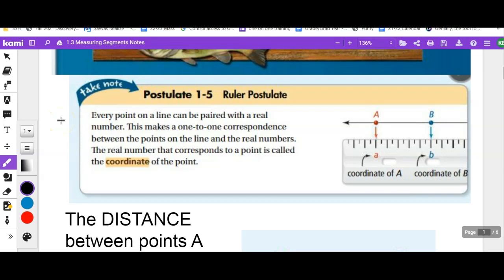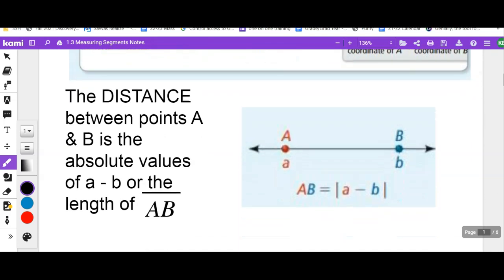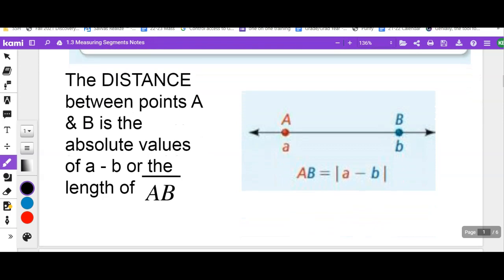So Postulate 1.5 says that every point on a line can be paired with a real number. So you'll notice that they have a ruler below. So point A corresponds with a coordinate lowercase a. Point B corresponds to the coordinate lowercase b. So the distance between points A and point B is the absolute value of a minus b,